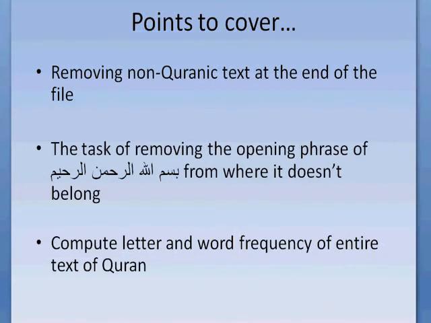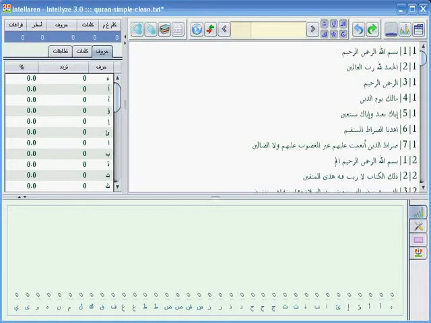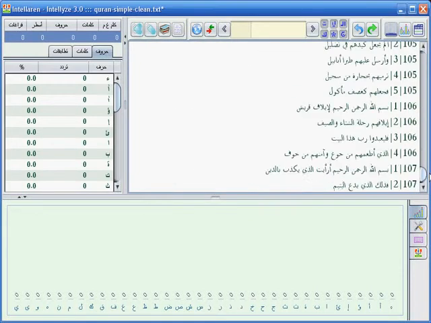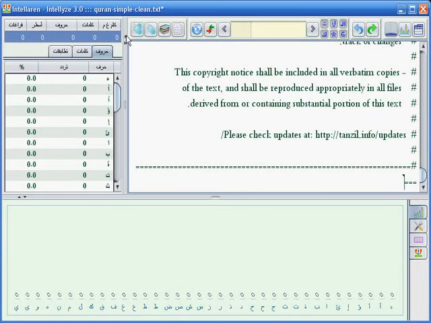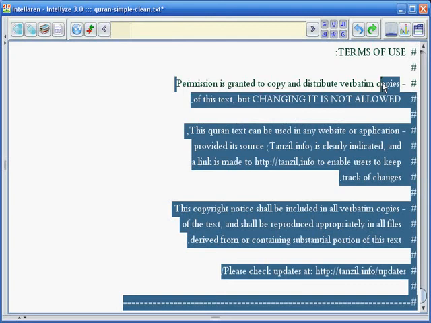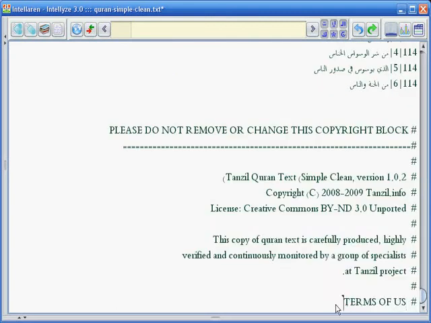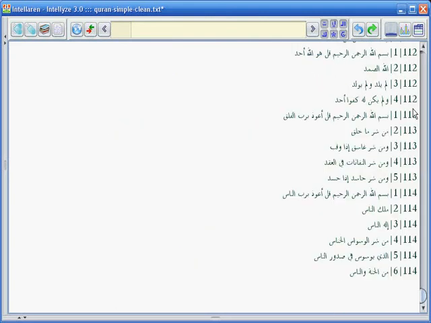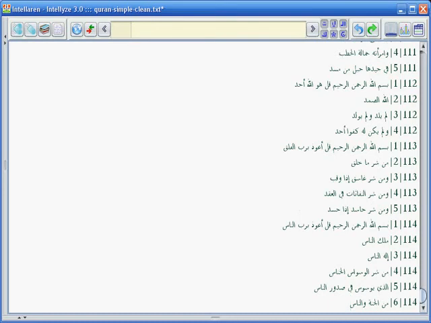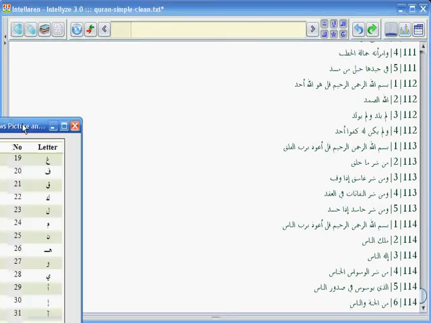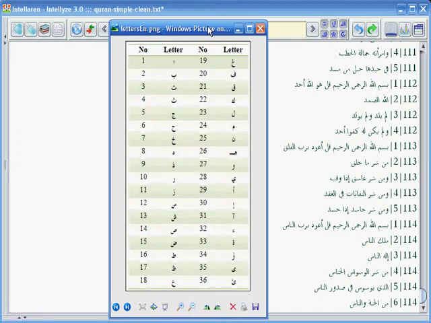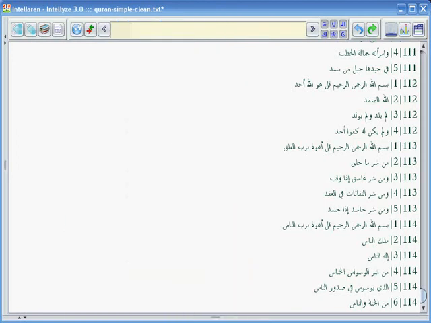We'll use Intellyze, Intellaren's letter and word frequency analyzer, to prepare our file. To prepare the file for frequency analysis, two operations need to be performed. The first one is easy. We simply have to scroll down all the way to the end of our file and remove the English text that emphasizes terms of use, which we highly recommend you take notice of to keep those internet copies of the Quran highly verified. Please note, however, that this step is just for cleanup purposes of the file contents, since the presence of any text not made up of these 36 Arabic letters does not get analyzed in this version of Intellyze anyway. The second step is more involving.